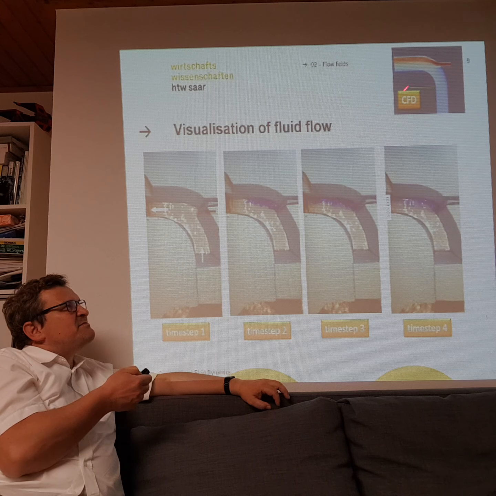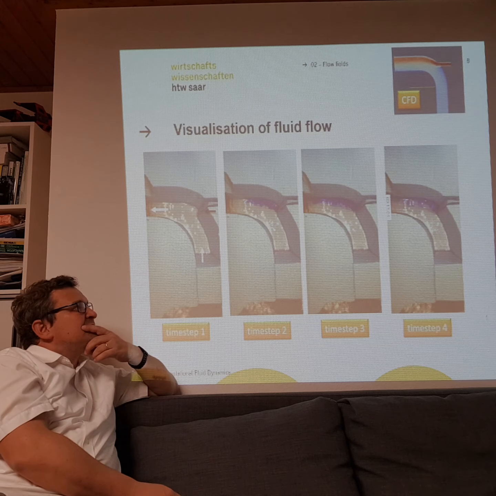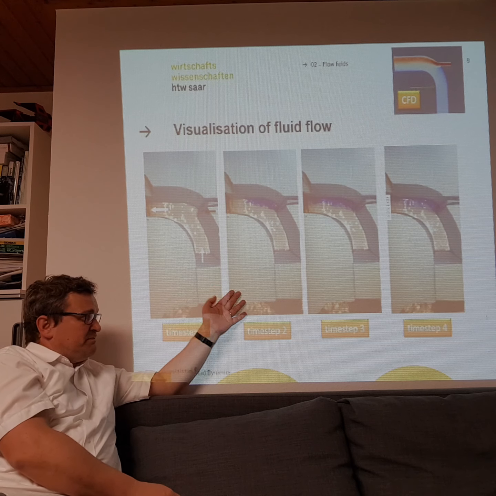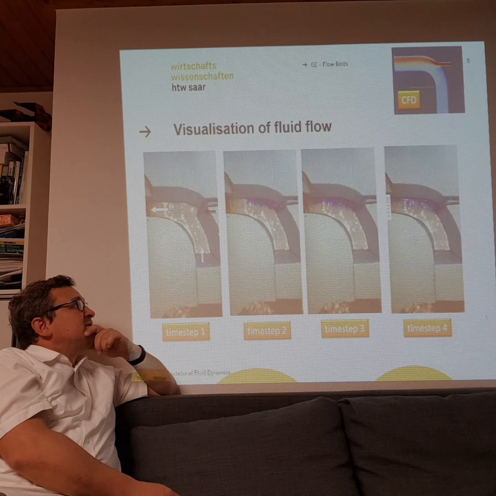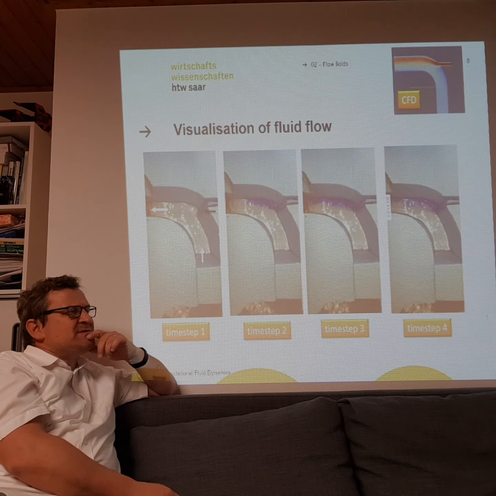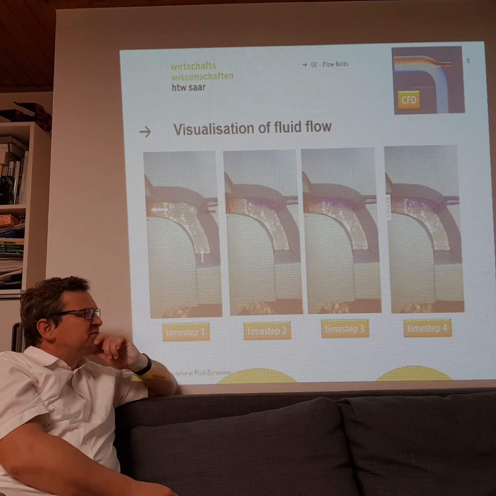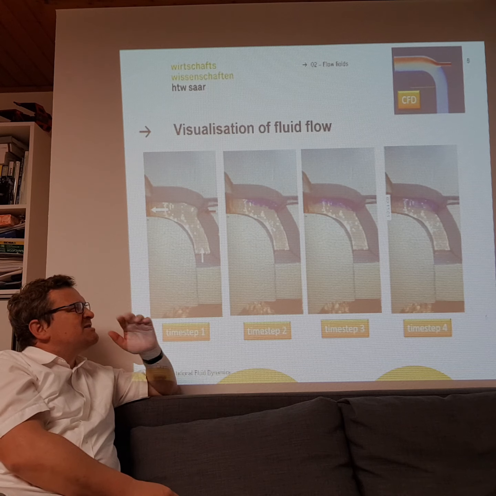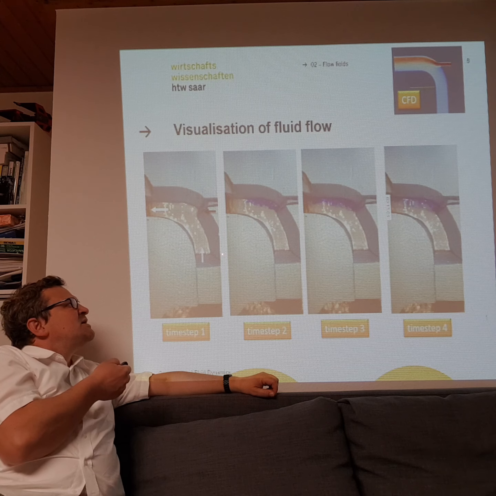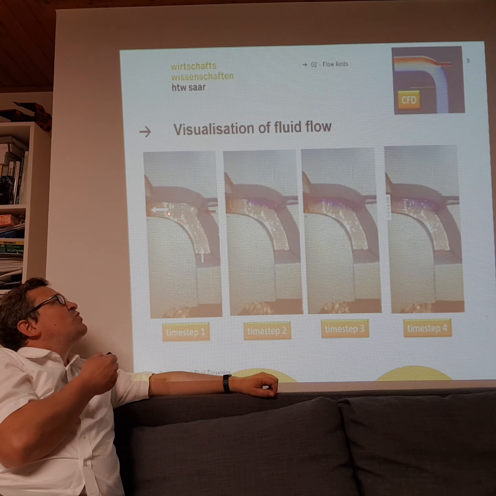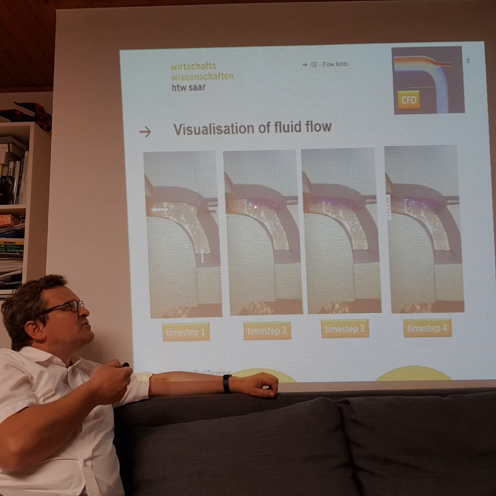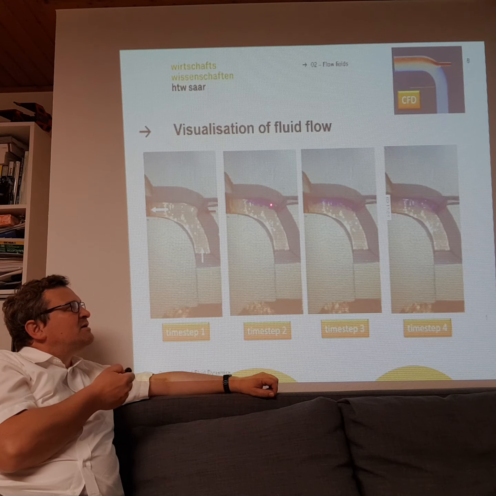I also made some computational fluid dynamics simulations, but here is the experimental setup, and maybe the pictures are not really good. It was my first version of the setup. I didn't build it really well. Here you enter the water, and if you look on the slides, you can see here I had some